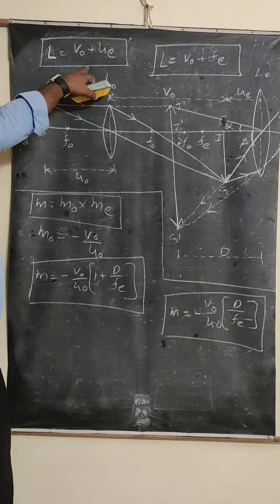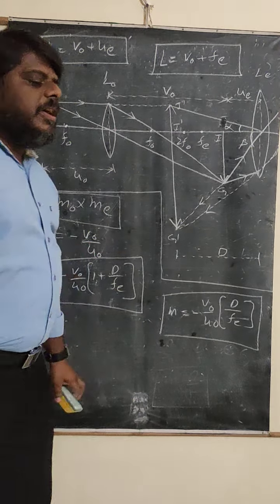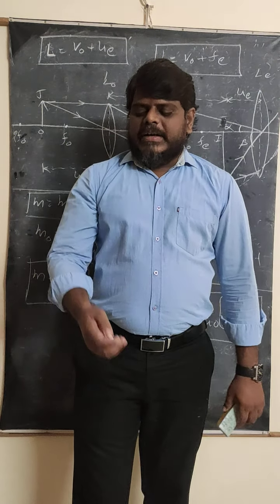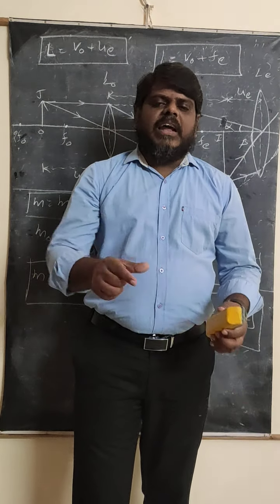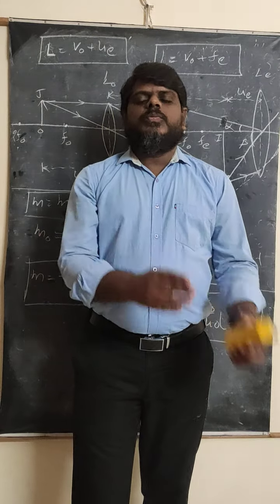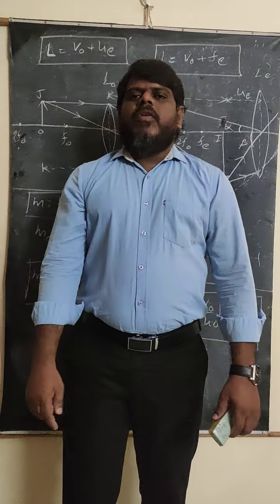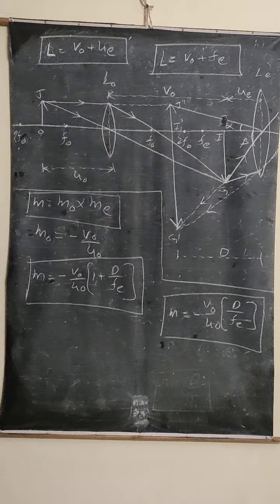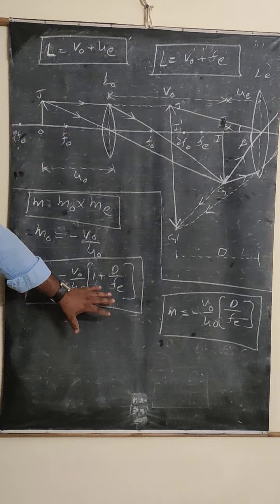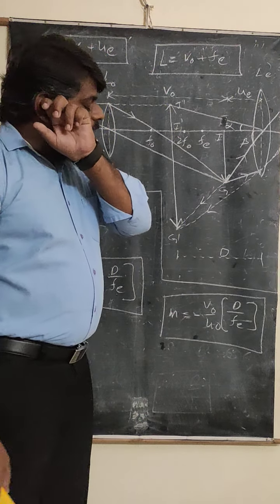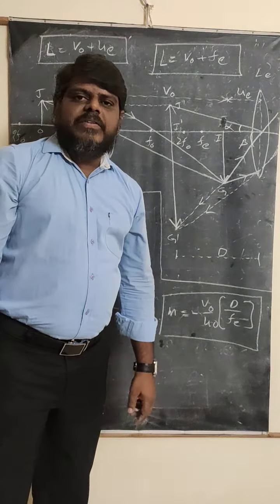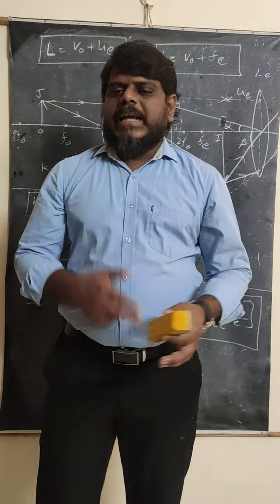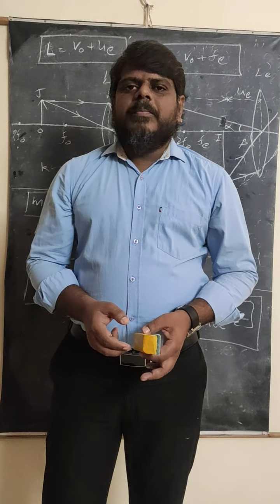Like that, we can find out the length of the microscope at the near point adjustment and the far point adjustment, because the length of the microscope is not constant. It always changes between the two points, near point adjustment and far point adjustment. Okay, this is the total explanation of the compound microscope. Magnification formulas and the length are also very important, you need to concentrate. This is how the image is produced right here.